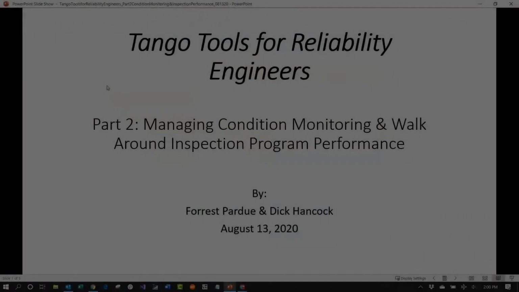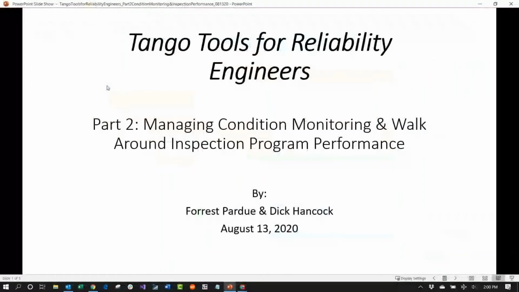Our topic today in our Tools for Reliability Engineers sessions is managing condition monitoring and walk-around inspection program performance. Specifically, we're going to be talking about three different areas. The first is schedule adherence. Are you actually getting the condition monitoring tasks and the rounds logging, process parameter walk-around inspections done on the schedule